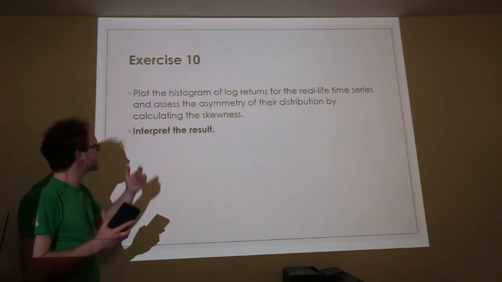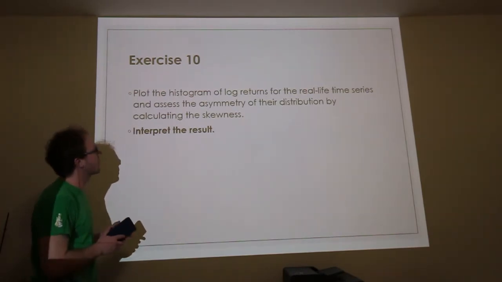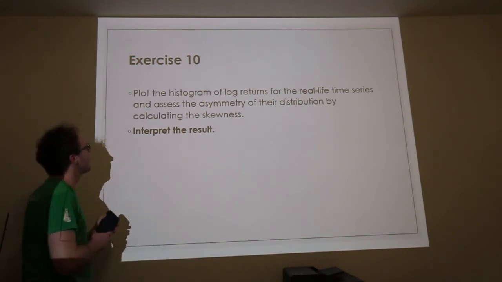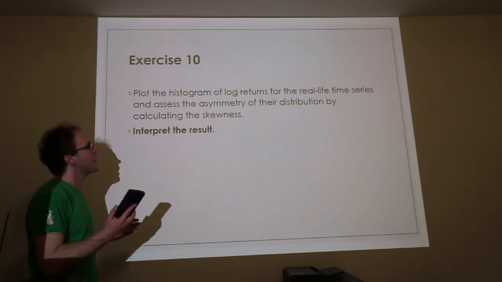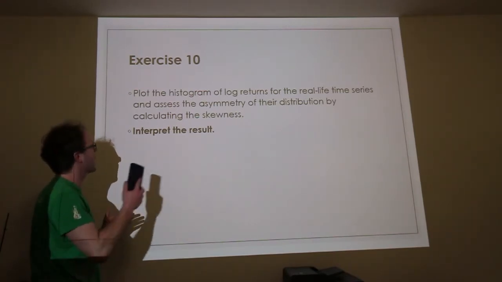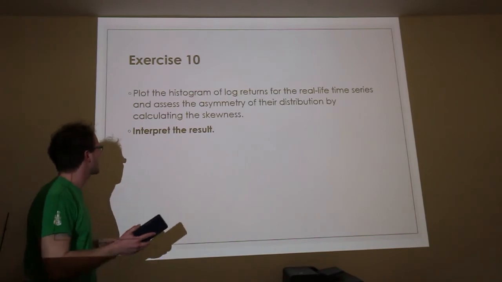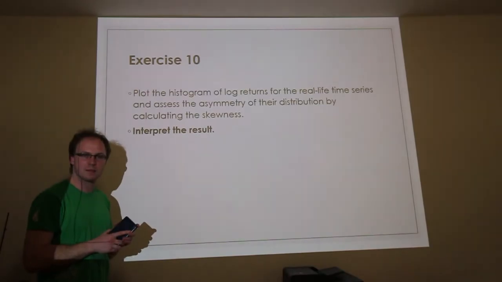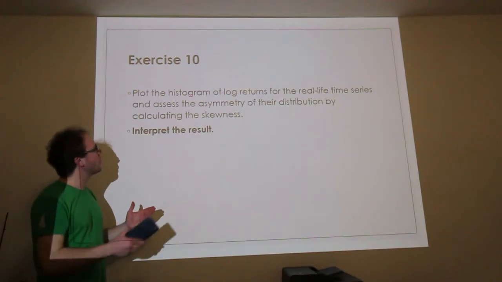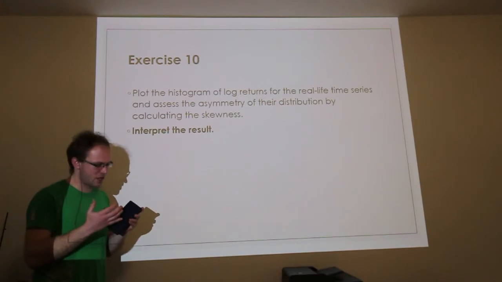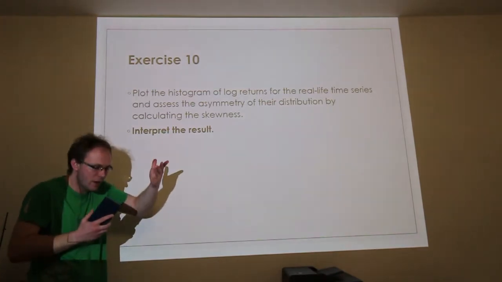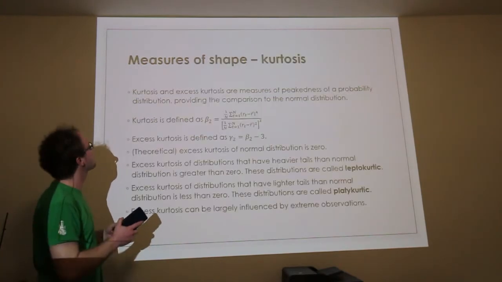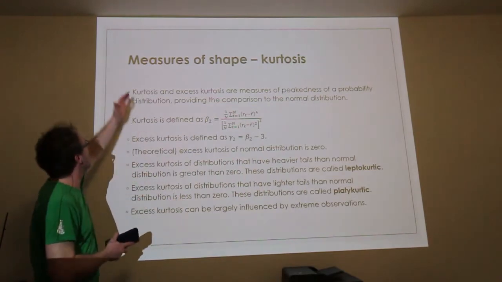So there is exercise 10. Plot the histogram of log returns for the real life time series, and assess the asymmetry of their distribution by calculating the skewness. And we can try to interpret the results. We will do this also with exercise 11, where we together do this with the characteristic of kurtosis. So